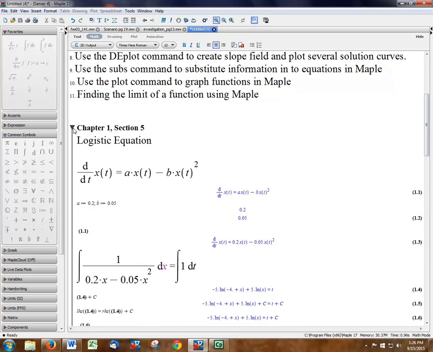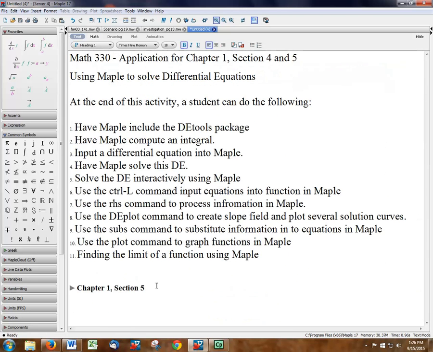So I can collapse this subsection down to that one. That was actually section 4. And let's create a new subsection and talk about applications for the integrating factor, how we can solve for that. Okay, so to do that,